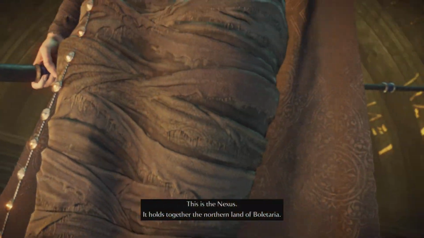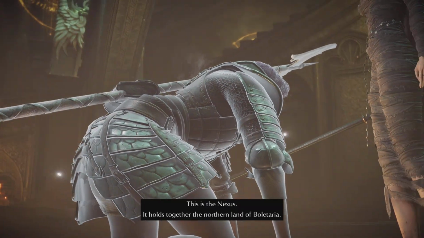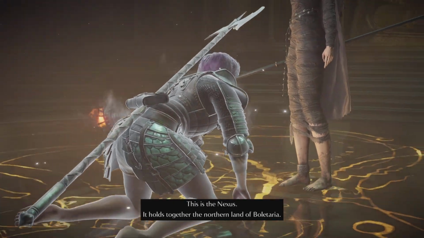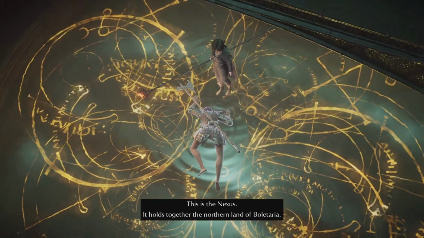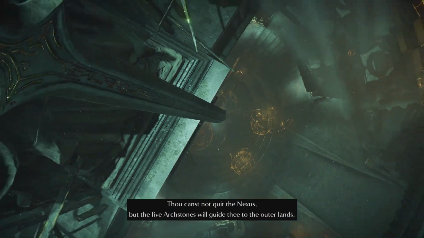So he died, and she brought us back. It holds together the northern land of Bolitharian. Thou canst not quit the Nexus. We're going to sleep. The 5 archstones will guide thee to the outer